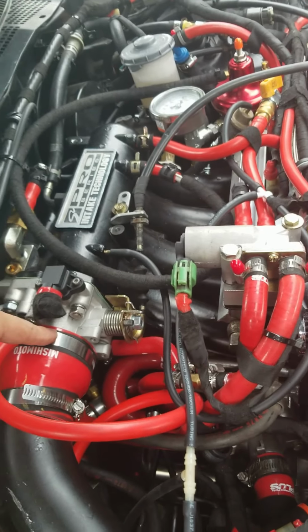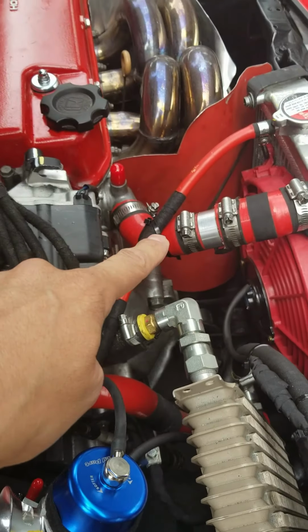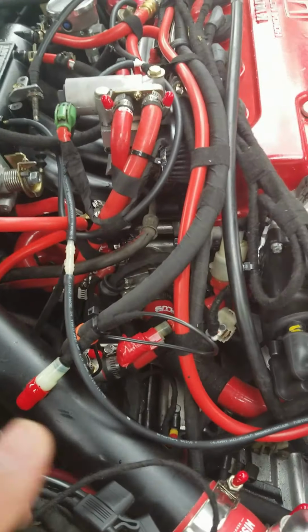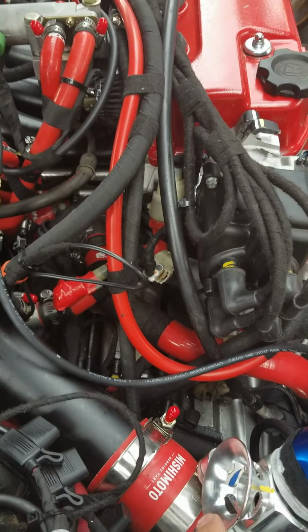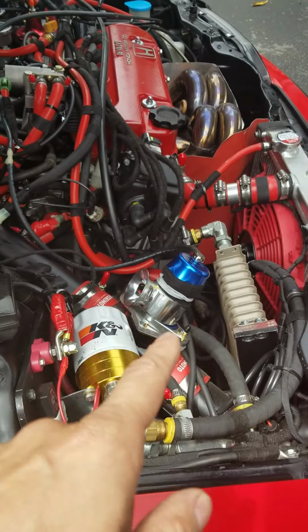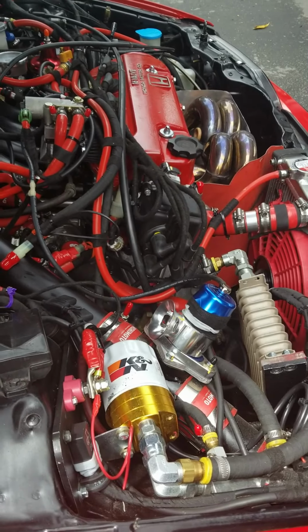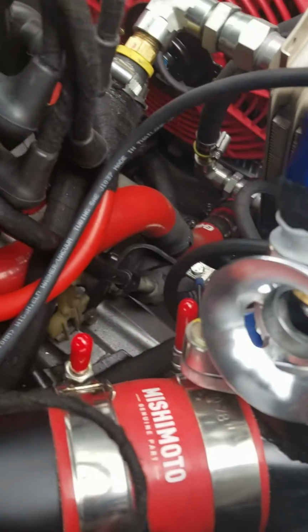Then from the throttle body to the turbocharger, I should be at zero pressure, right? If I'm closing the blow-off valve, should be okay, right? No, it's not. Ready? My blow-off valve, I hope,